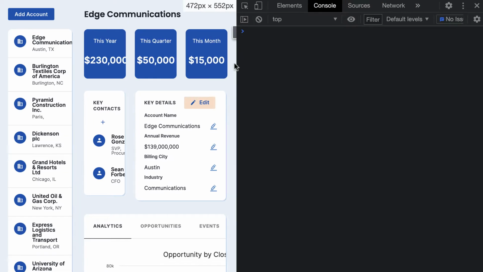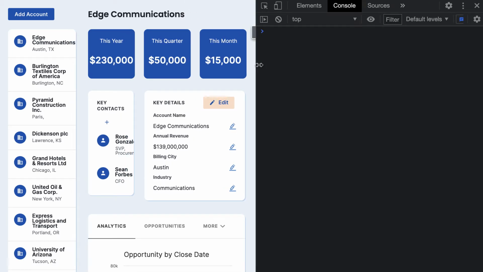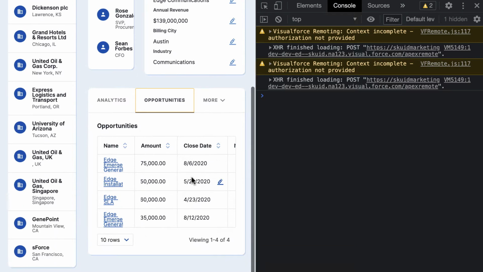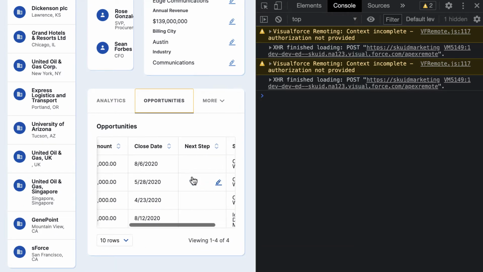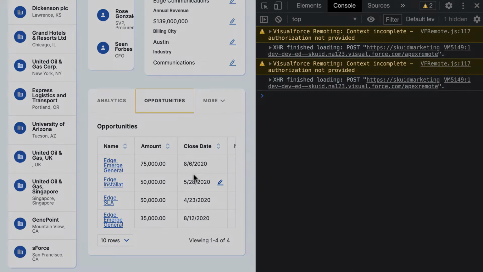As you can see, as I make the screen smaller, some components will resize or stack. The tab set component automatically collapses into a More menu, and we can see that the table automatically provides scrolling, which is great. However, this is not enough to call this view a delightful experience for mobile users.